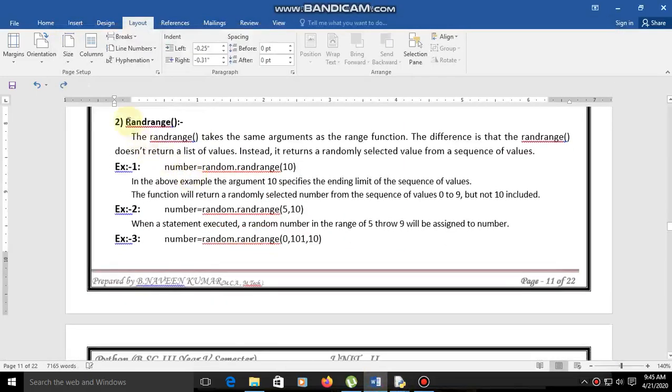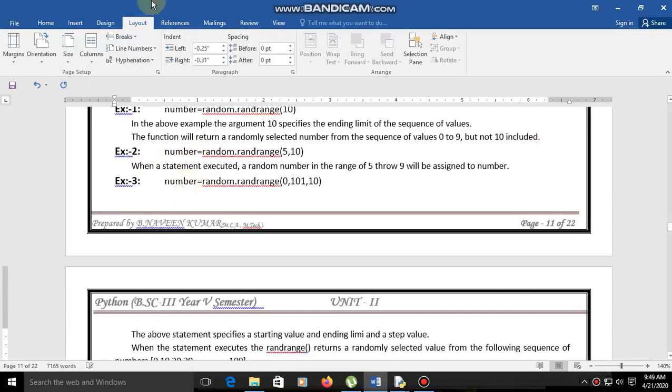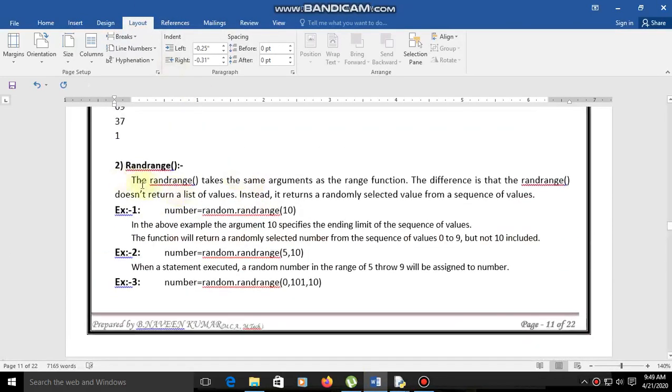And the next one is randrange. The randrange takes the same arguments as the range function, right?